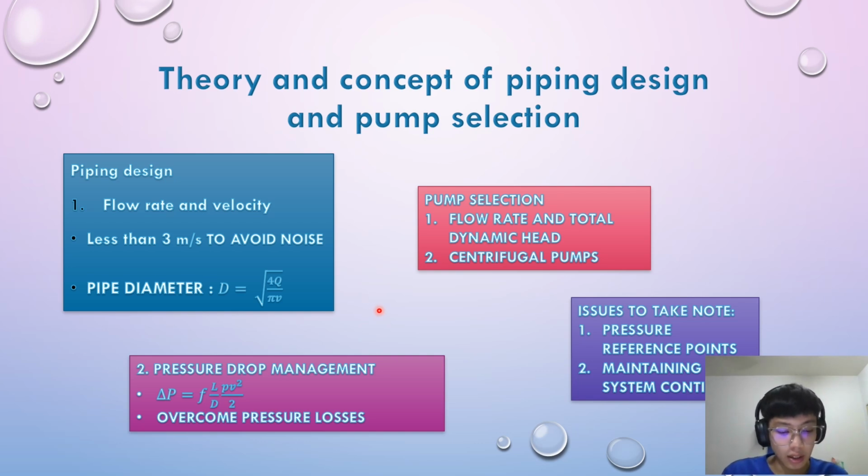Selecting the appropriate pump involves ensuring it can handle the desired flow rate and total dynamic head. The total dynamic head comprises the elevation head, pressure head, and friction head. And the centrifugal pump: centrifugal pumps are commonly chosen for their efficiency and suitability for consistent flow rate. It is crucial to select a pump whose performance curve matches the system required flow rate and the total dynamic